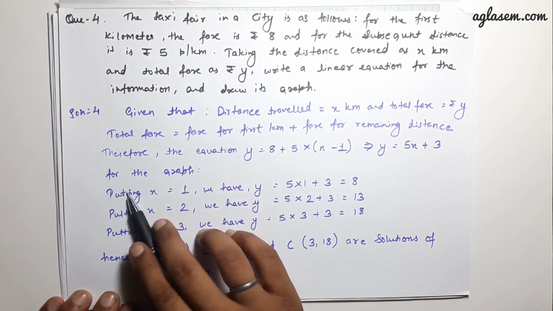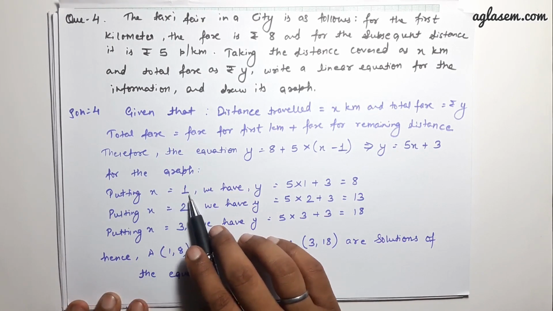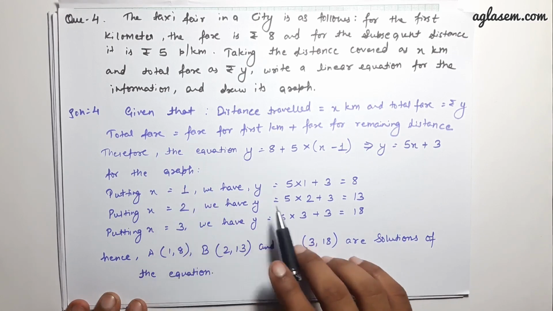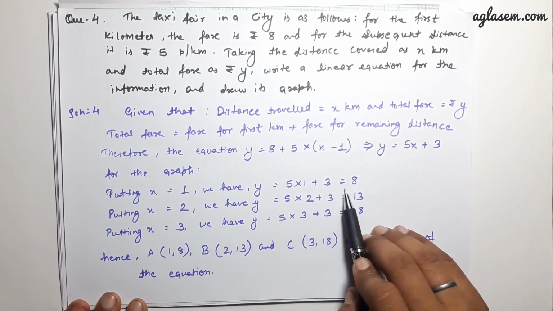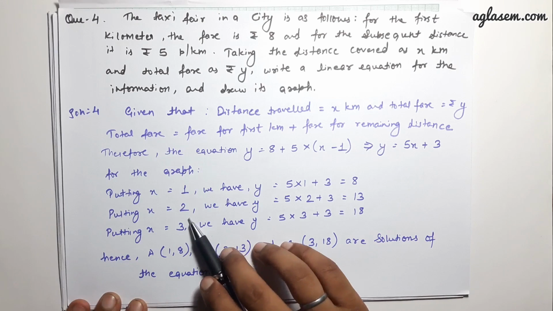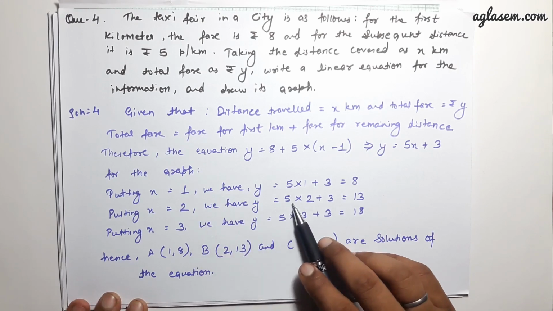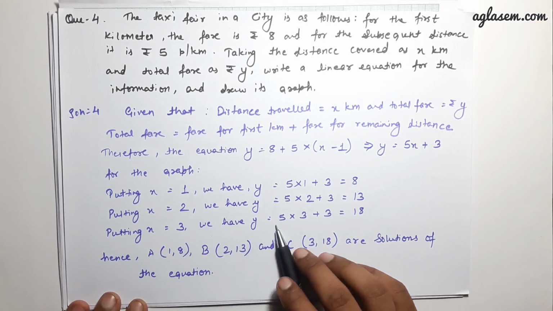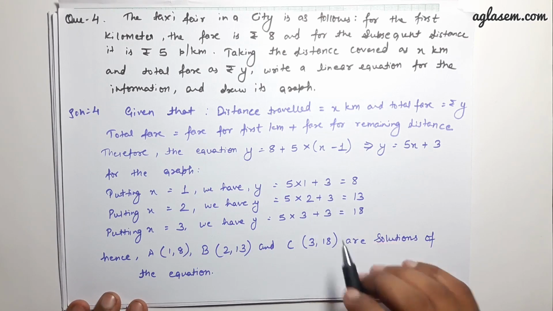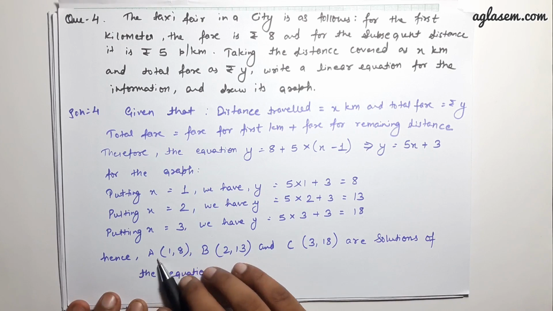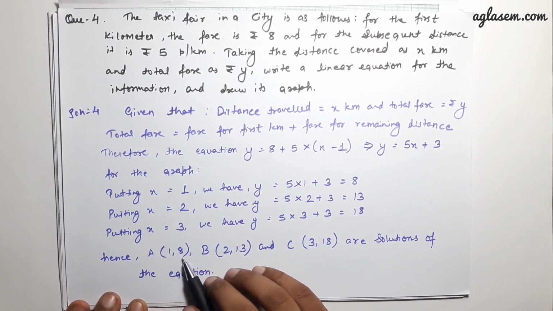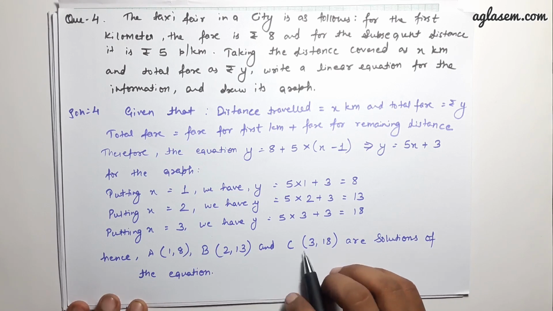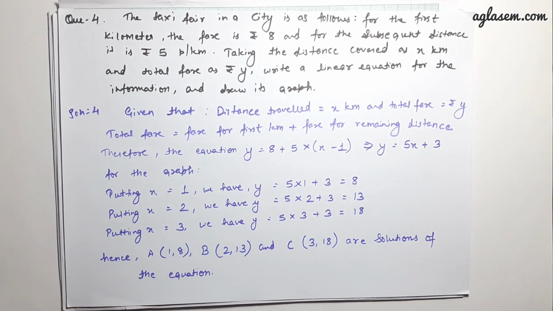For the graph, when we put the value of x equals 1, we have 5 into 1 plus 3 equals 8. Putting x as 2, we have y equals 5 into 2 plus 3 equals 13. Putting x as 3, we have y equals 5 into 3 plus 3 equals 18. Hence A is (1, 8), B is (2, 13), and C is (3, 18) are the solutions